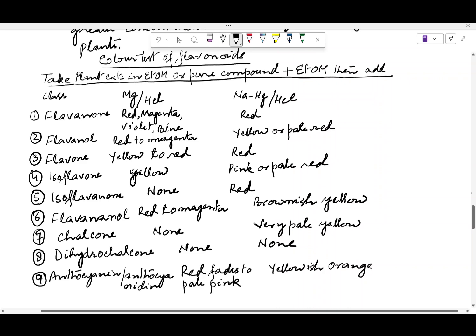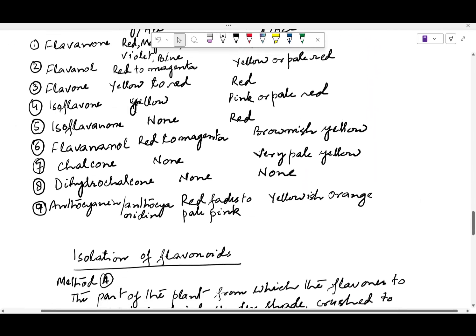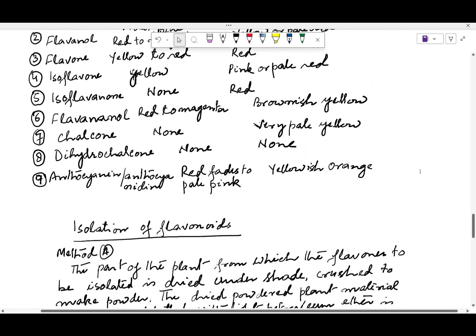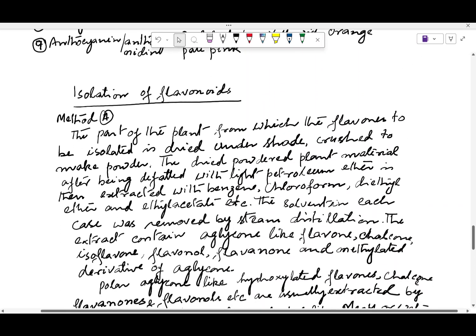While in the case of the anthocyanins or anthocyanidins, the color change will be red, which immediately fades to pale pink, and with sodium amalgam HCl, it gives you a yellowish orange color. This is the particular indication of the flavonoid nucleus that your plant has. Therefore, you can test it before moving towards the extraction. You have to test whether the plant contains your flavonoid nucleus or not.